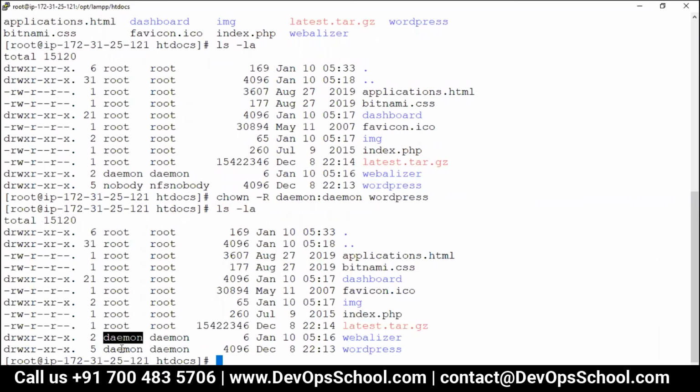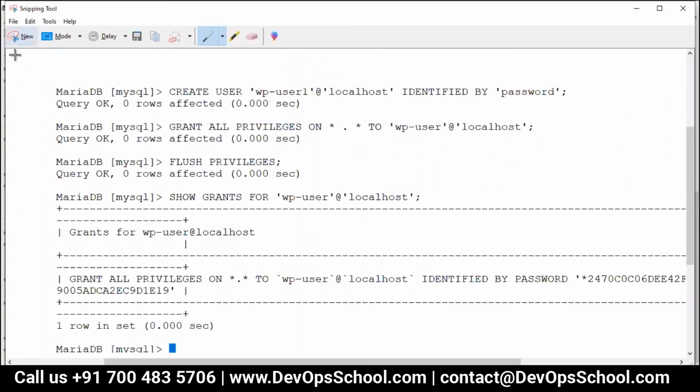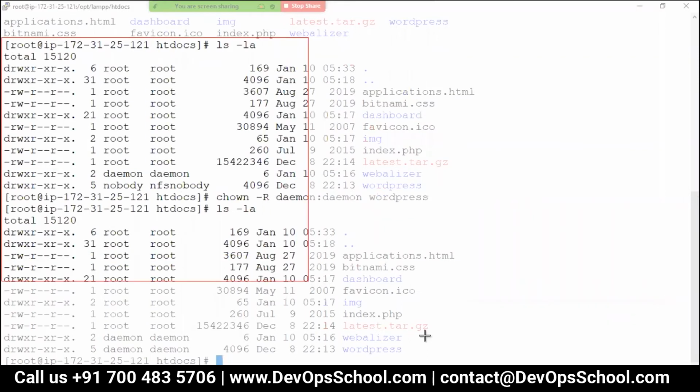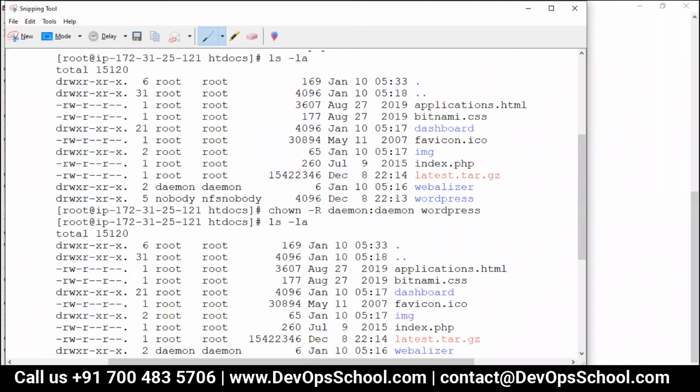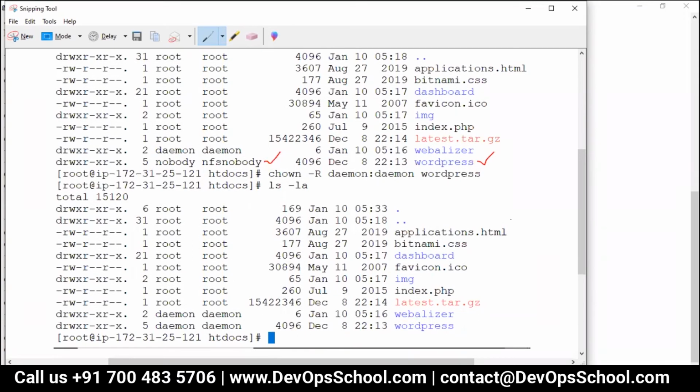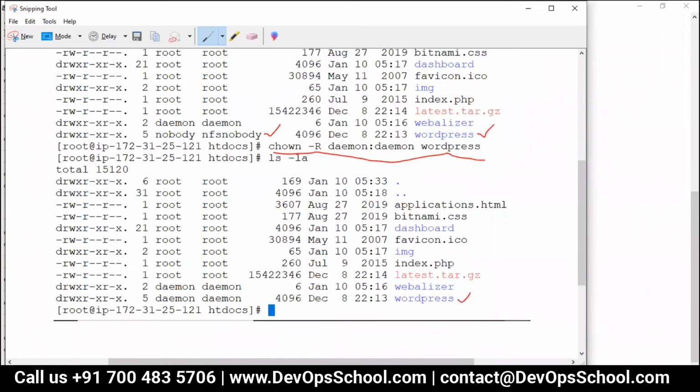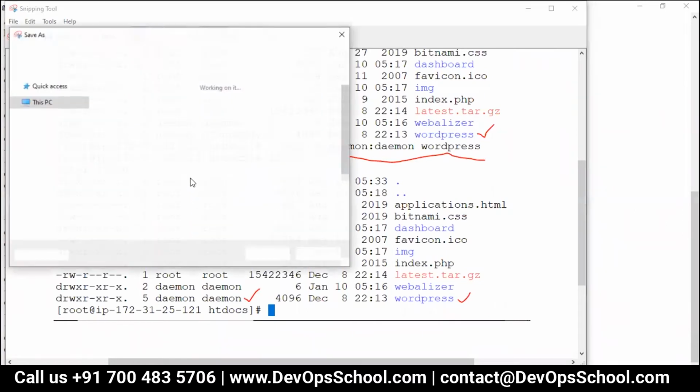See here, WordPress. I'll take a print screen so you'll understand also. Check this out. Do this command, and then check this one out. This is important for all of us.